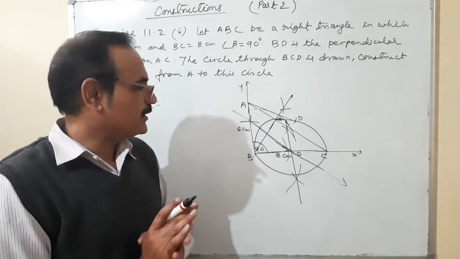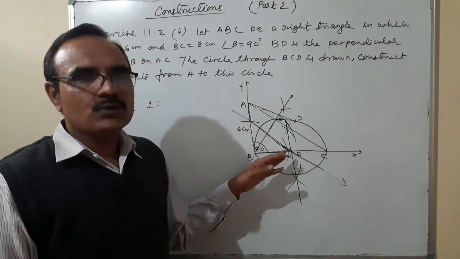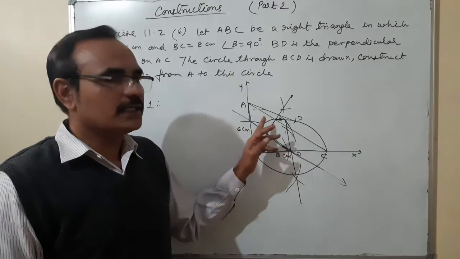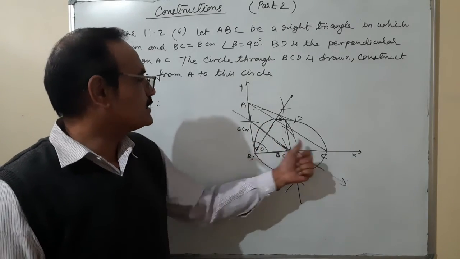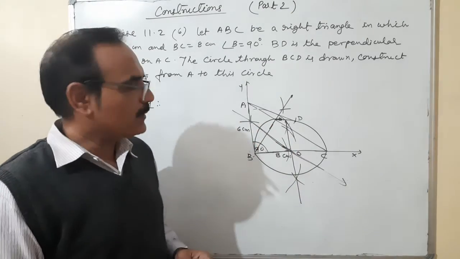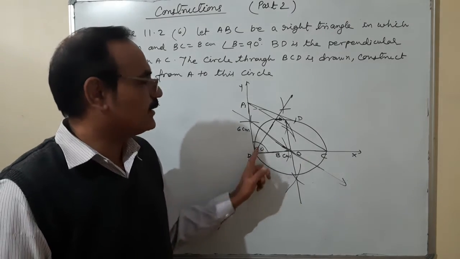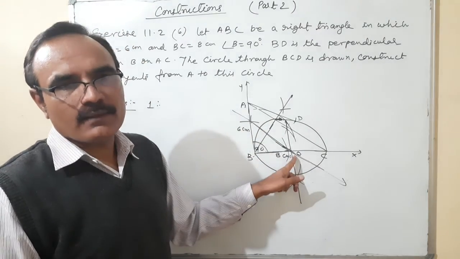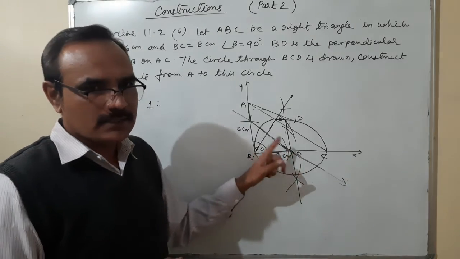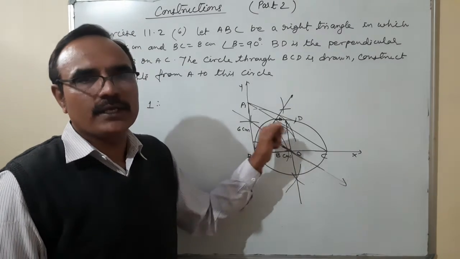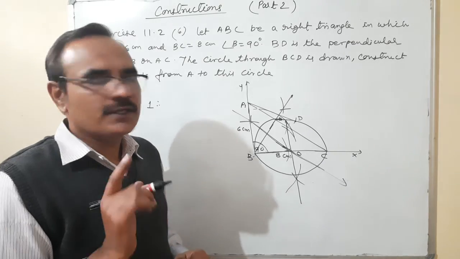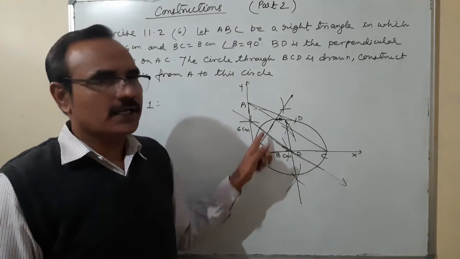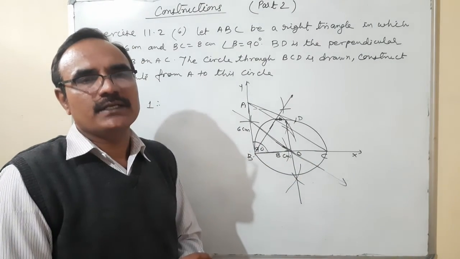So next step is selecting any two sides of triangle BCD. Let the sides be BC and BD. Draw two perpendicular bisectors of BC and BD intersecting each other at point O. With O as a center, taking radius of OB or OC or OD, draw a circle which passes through points B, C, D. So this is the required circumcircle of triangle BCD.